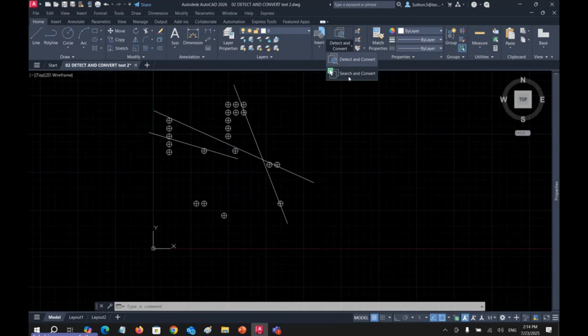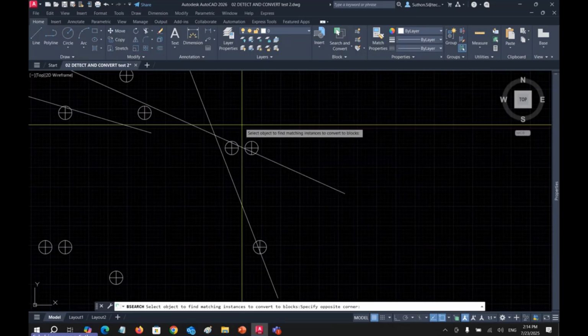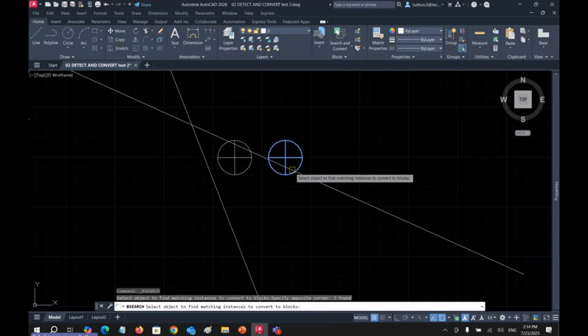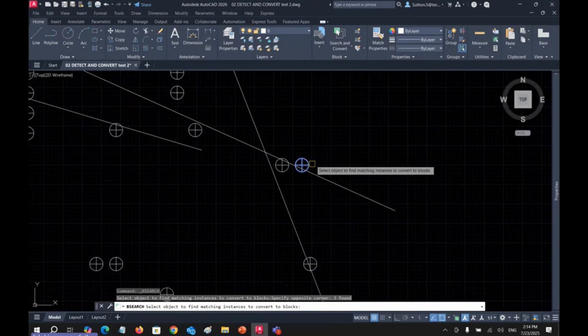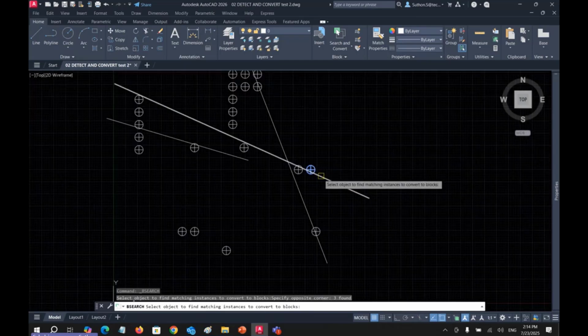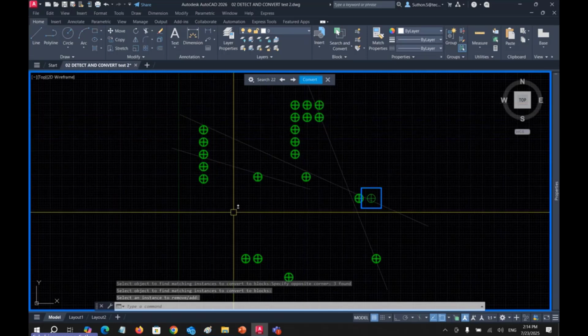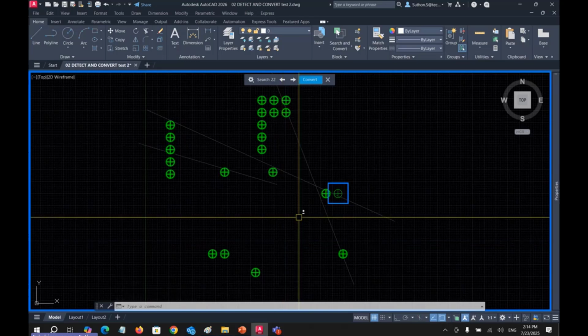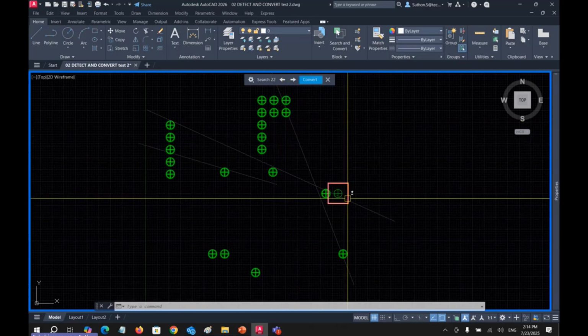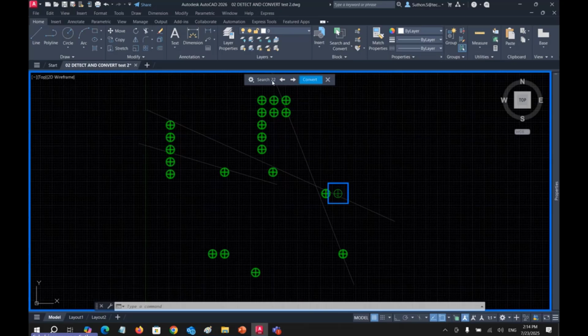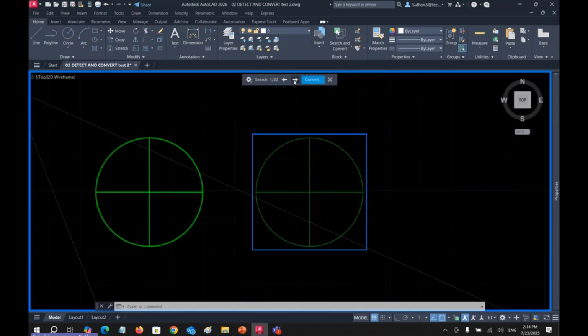We use the search and convert. I want to search this one. Even the line cross this circle, the software uses the AI to analyze that this line is not the obstruct. They will ignore this line. And then you can see that all the circles have been selected by the software. You don't have to select one by one anymore. Use this AI. And you can see the summary, the total 22 objects have been selected,